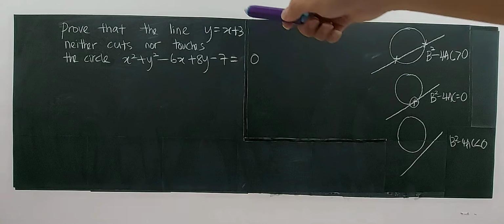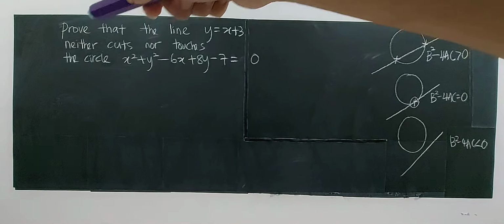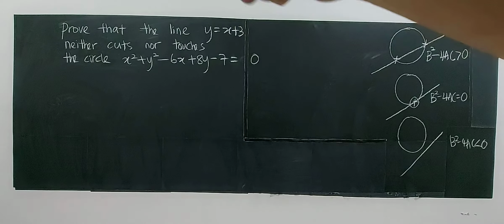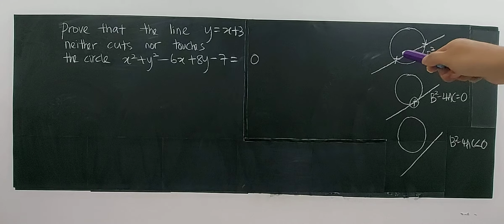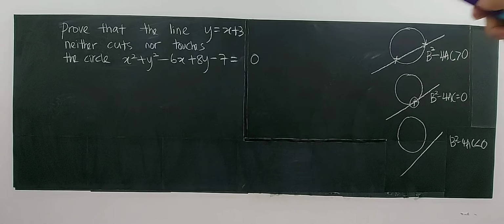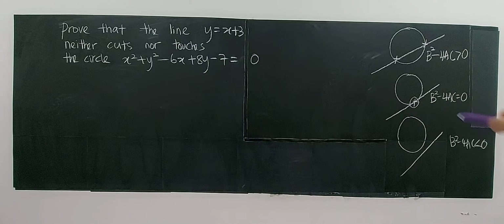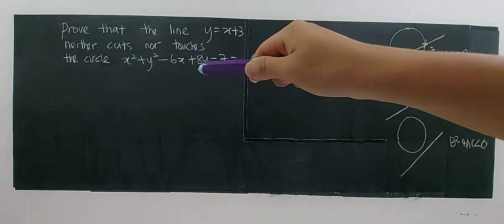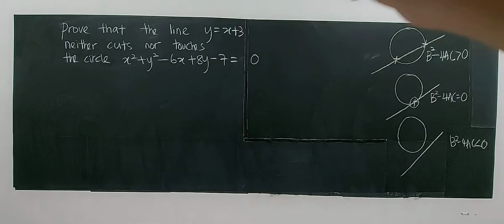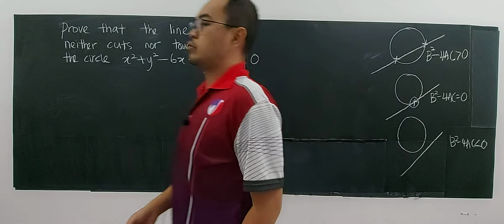So by looking at this question, they want to prove that the line neither cuts nor touches the circle. It does not cut the circle, not intersecting the circle, and also does not touch the circle. So they want to prove that it's this case here, right? It's neither cutting the circle nor touching the circle at the same time. All right, so how to prove this? Very simple. So you just need to